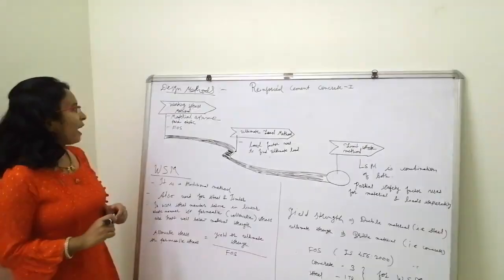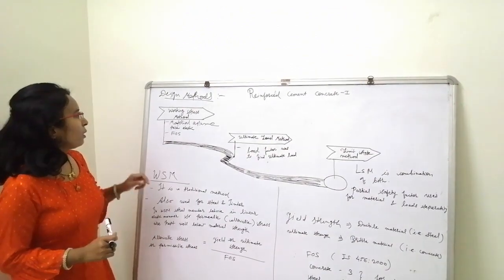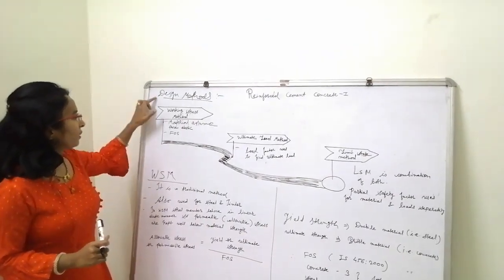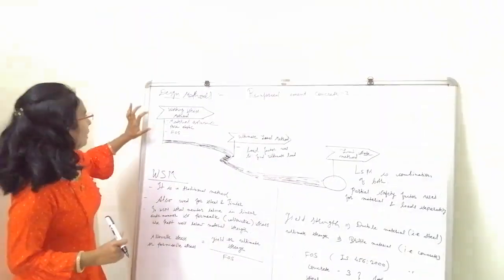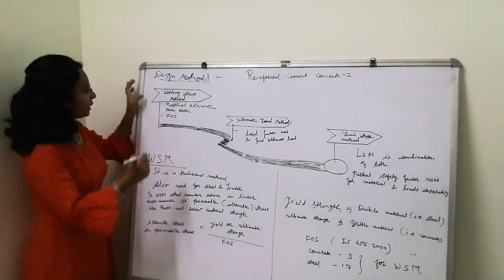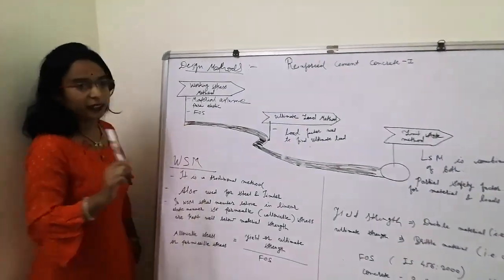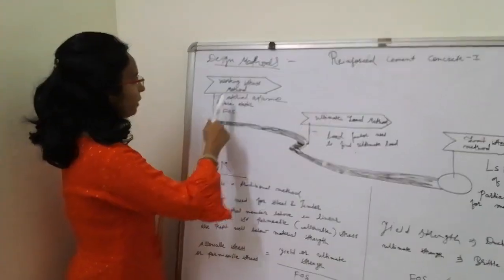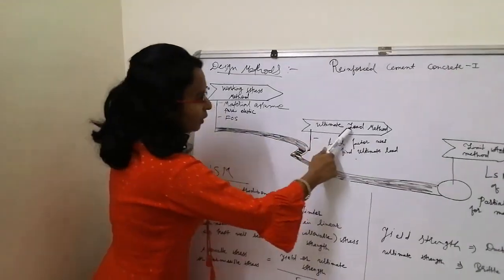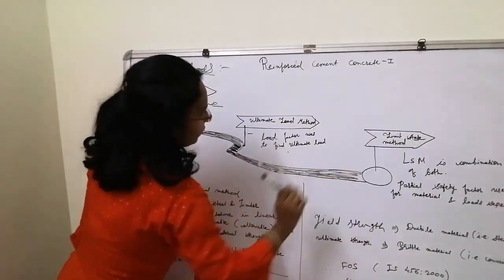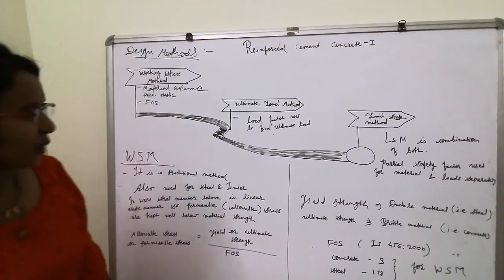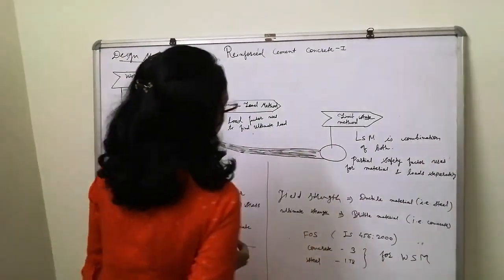In last lectures, I had covered the topic load combinations and design methods. I am going to continue. Let me see the design method. Three types of design methods. We can design in three ways by using the methods: working stress method, ultimate load method, and limit state method. Nowadays, we are going to use the limit state method.